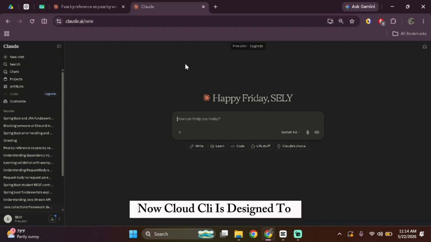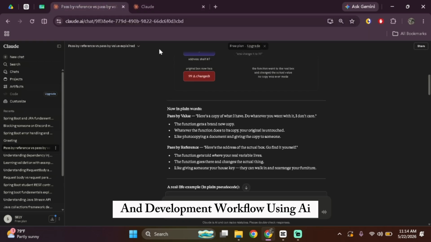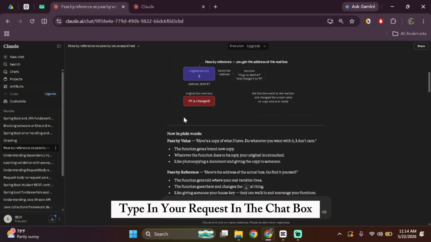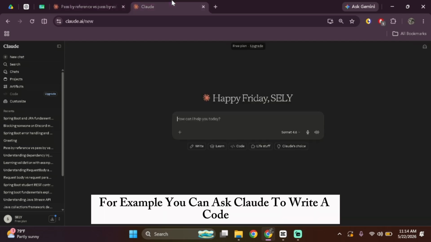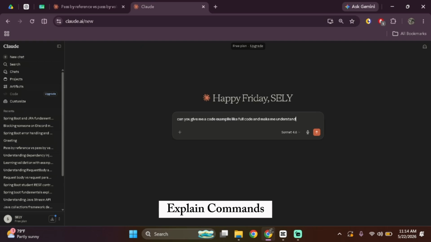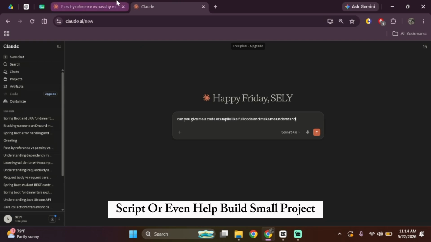Now, Claude CLI is designed to help you work with coding tasks, terminal commands, automation, and development workflow using AI. In the browser, you can simply type in your request in the chat box. For example, you can ask Claude to write code, explain commands, debug errors, and even generate scripts or